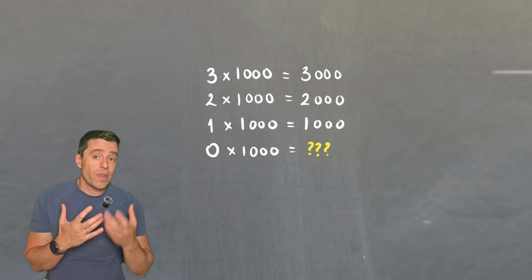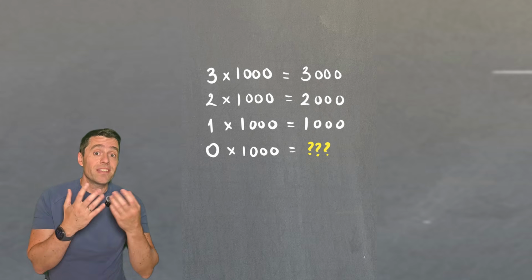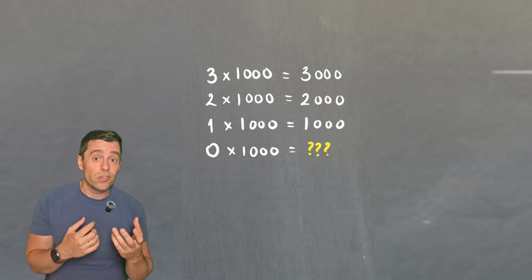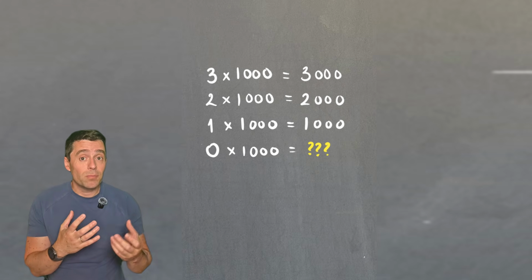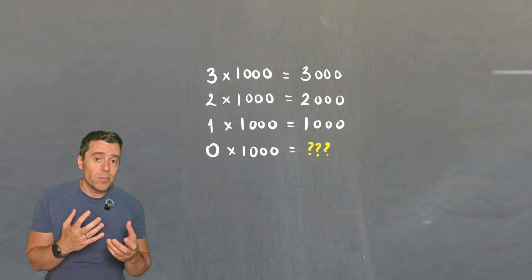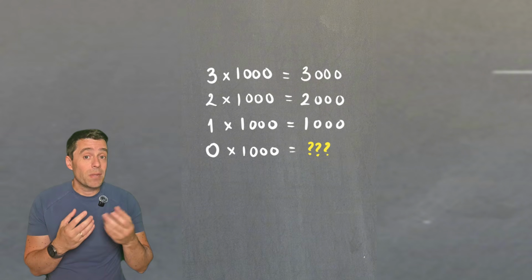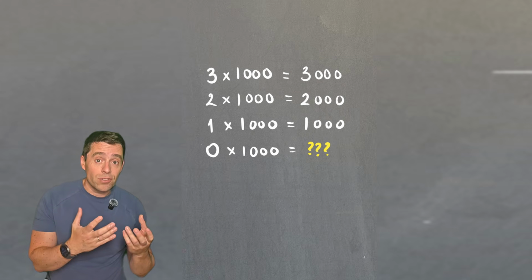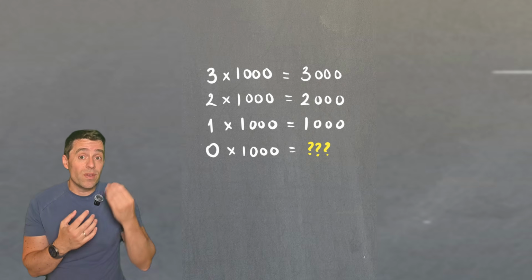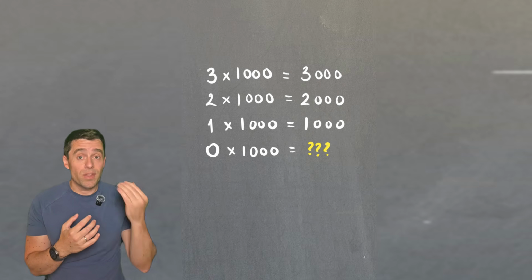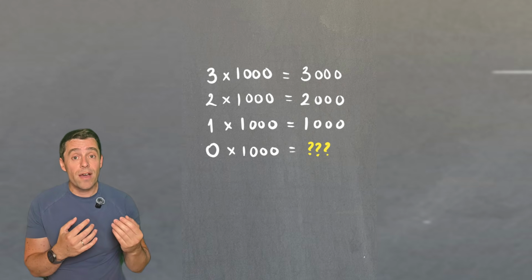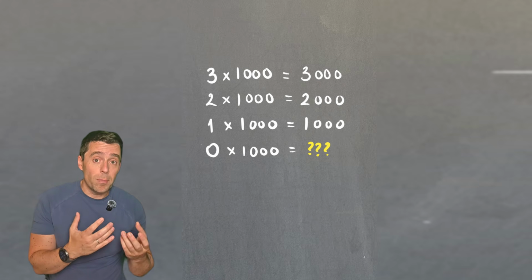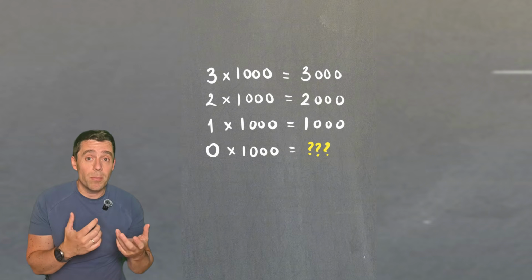Now, if we started with 1,000 things and we multiplied that set by 3, 1,000 apples times 3, now we have 3,000 apples. If I multiply 1,000 apples by 2, I'm doubling the number of apples and I get 2,000. If I just multiply by 1, then I have the apples I started with, so I have 1,000. So if I multiply by 0, if you follow the pattern of 3,000 apples, 2,000, 1,000,